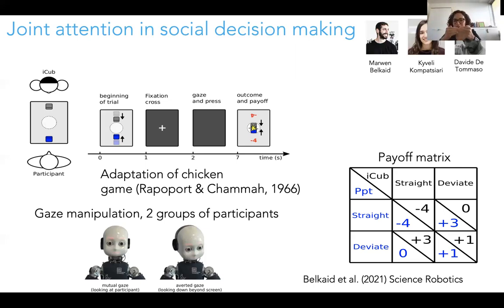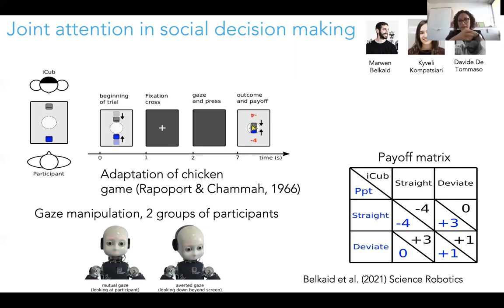If both of you go straight ahead and you crash, you both lose a lot of points. If you chicken out, but your opponent goes straight ahead, then your opponent wins, and vice versa. You see the payoff matrix here. So basically, it makes sense for you to do a little bit of a risky game here, but not too much. Now, the interesting part that we've done here is that during the moment of the blank screen, when participants